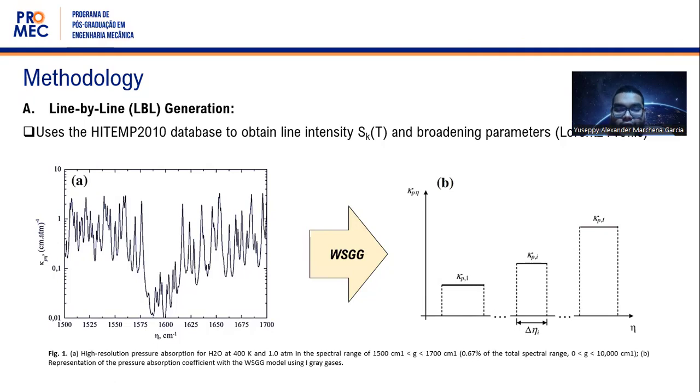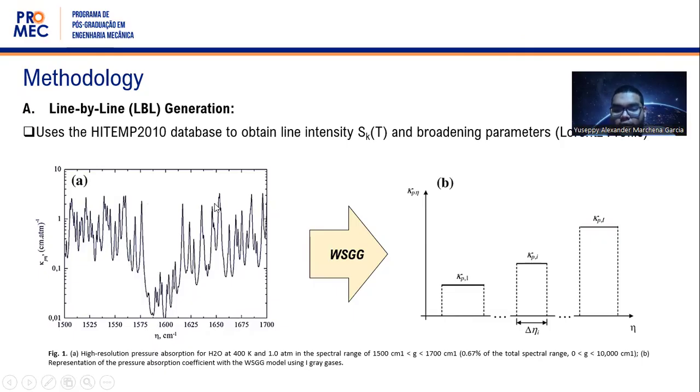Based on the HITEMP 2010 database, the spectral absorption coefficients of water and carbon dioxide are generated incorporating collisional broadening, temperature and pressure dependence, and the integrated intensity of each line